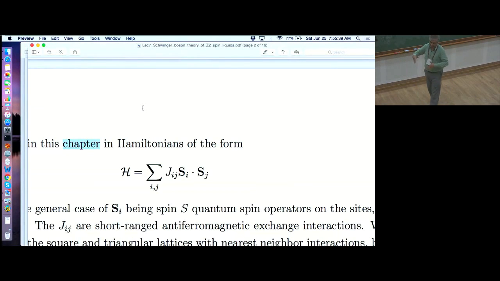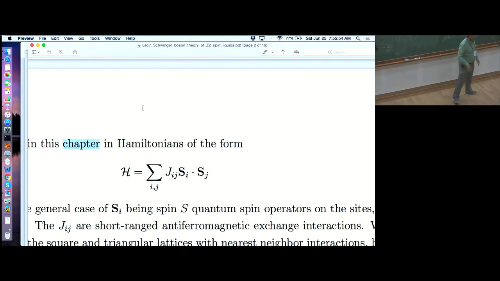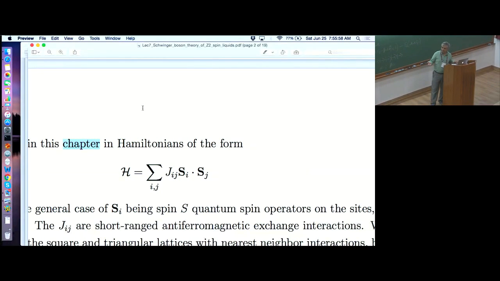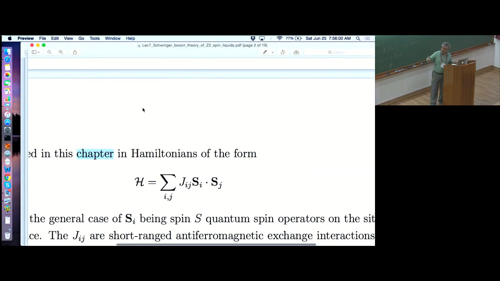So the statement is that there's some invariant universal structure, which is this topological field theory that describes the Z2 gauge theory. And the same topological field theory also describes this antiferromagnet under the right conditions. Of course, it's very hard to predict ahead of time which topological field theory or which phase you're going to get given a certain Hamiltonian, but in the large N limit, you can work this out.